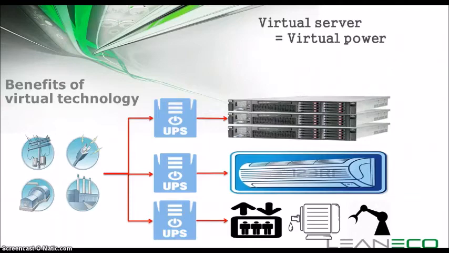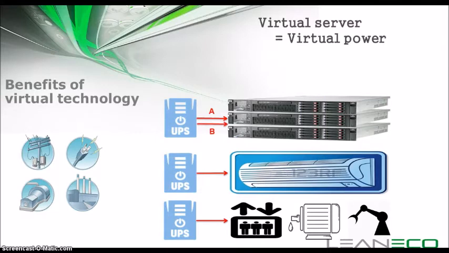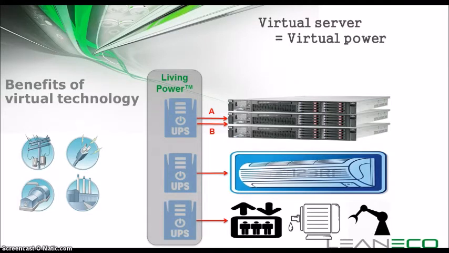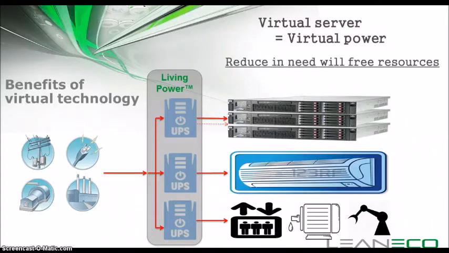Today we're introducing the virtual power system. Virtual power means that if, for instance, one of the systems doesn't need any kind of power, you would have no backup in the old world. But with the new system, we're introducing living power. Living power will still get your power from the grid, and it will distribute the power to the different zones or capacity needs. And they will be hooked up to the living power system.